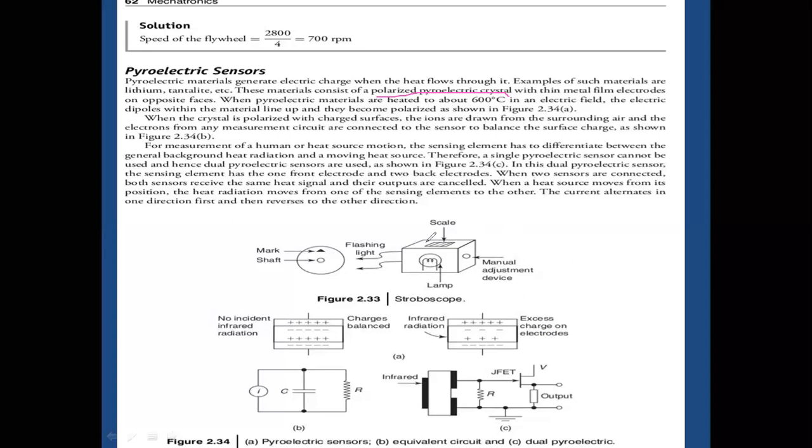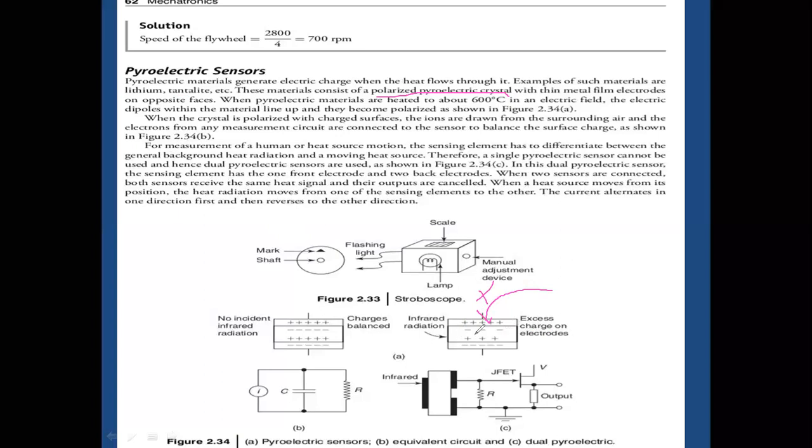When it is heated up to 600 degrees centigrade, ions are drawn from the surrounding air. Ions are nothing but the positive, and the electrons are nothing but the negative. The electrons from any measurement circuit are connected to the sensor